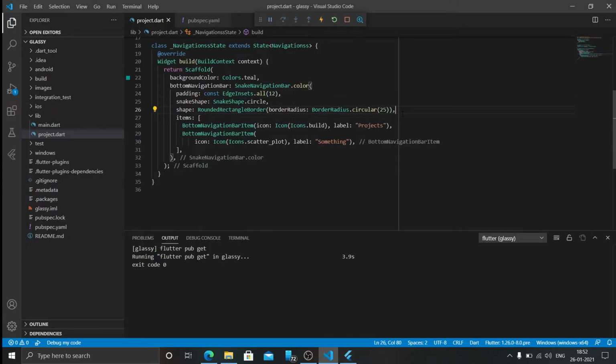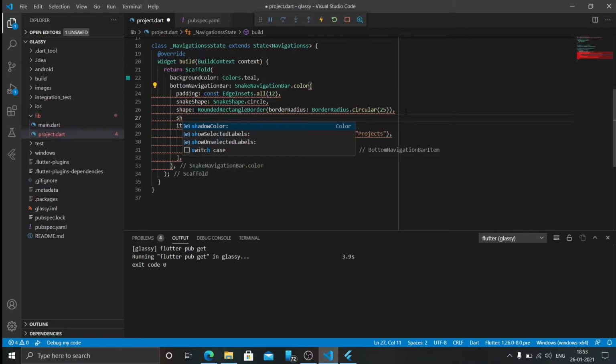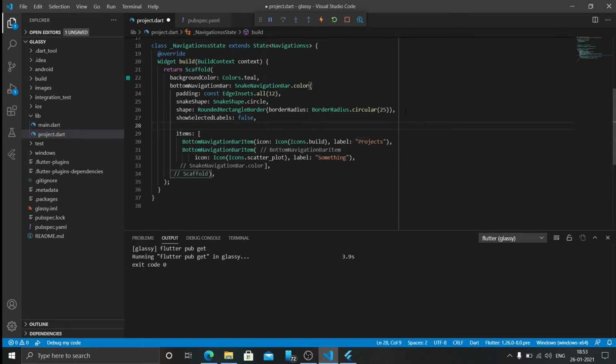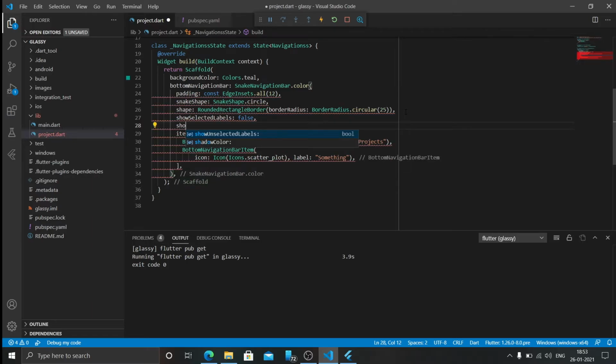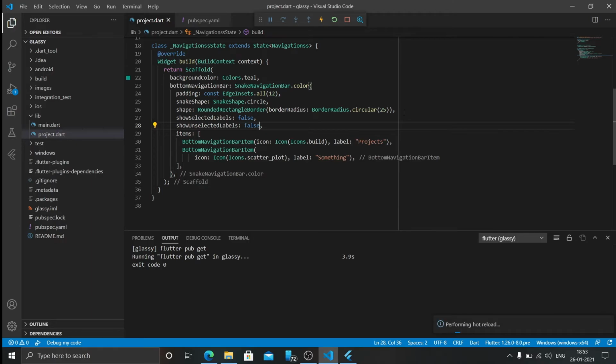The navigation bar shows the labels by default, so let's turn them off. There are two properties of the snake navigation bar for that, show selected labels and show unselected labels. If we turn their boolean values to false, they will not show their labels.